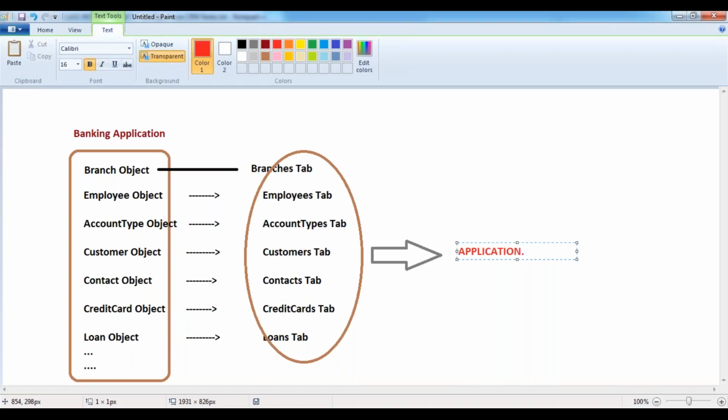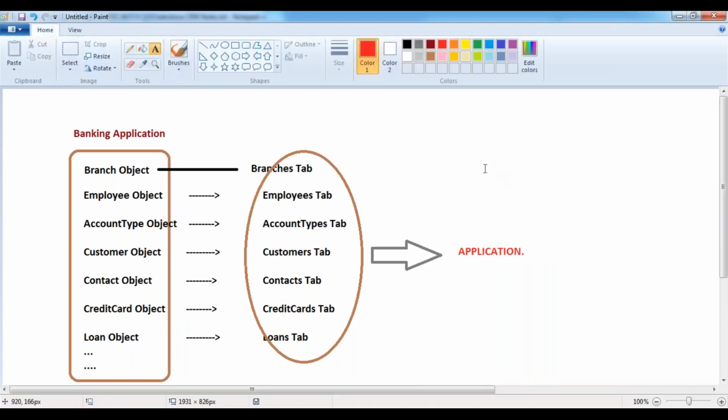In order to manage that banking related data, we are going to use the various tabs, which provide user interfaces internally. So the combination of all these tabs is called an application.